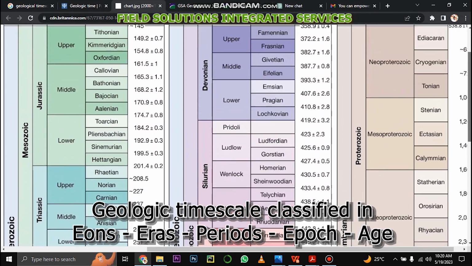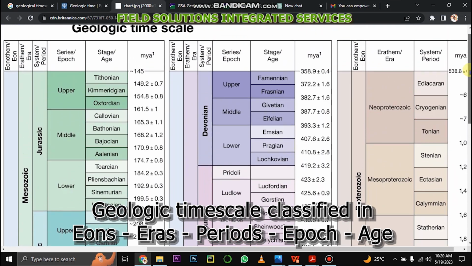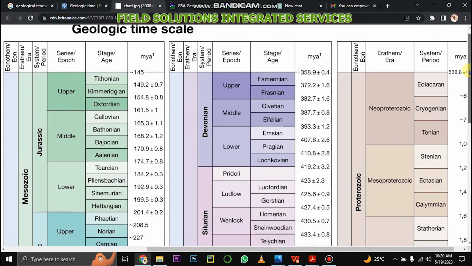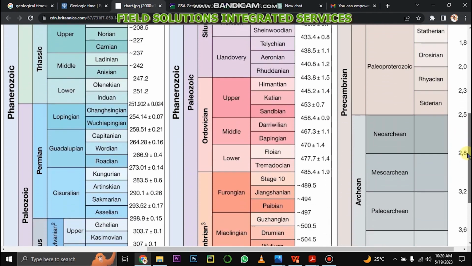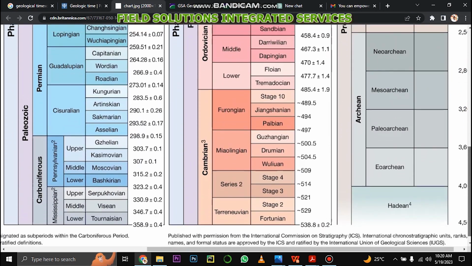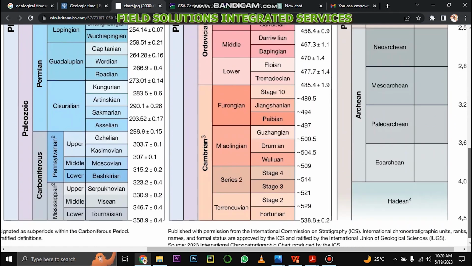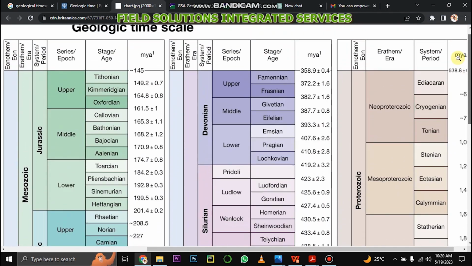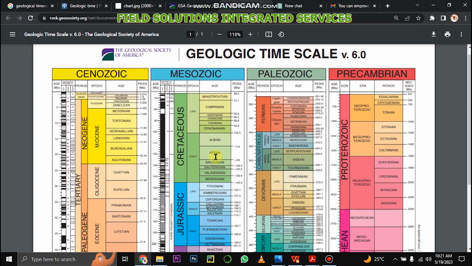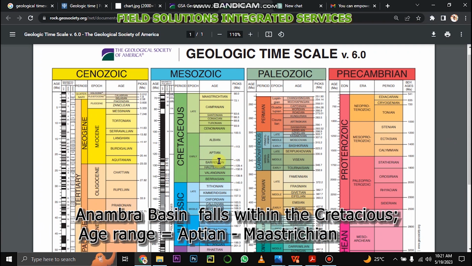For me, where these series or epochs are usually helpful is in a regional classification of the geology, or a local classification of the stratigraphy of a place. In the Anambra Basin, the oldest rock unit in the Anambra Basin is what? The Mkporo Formation. Now, the Mkporo Formation